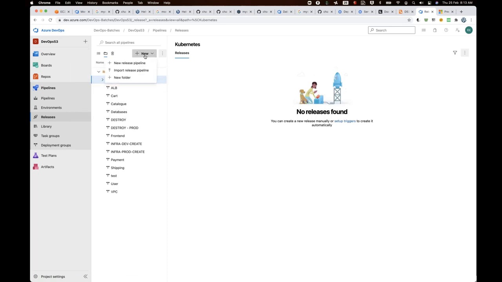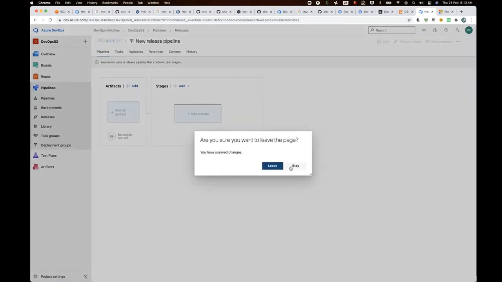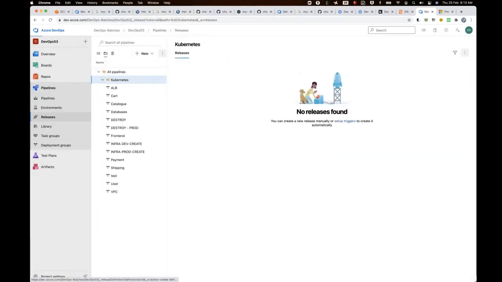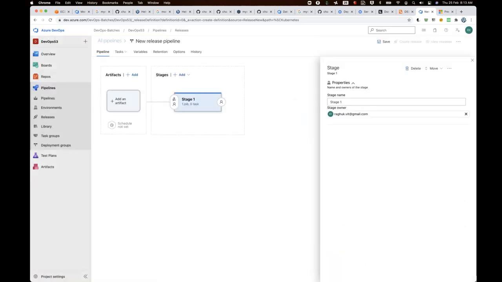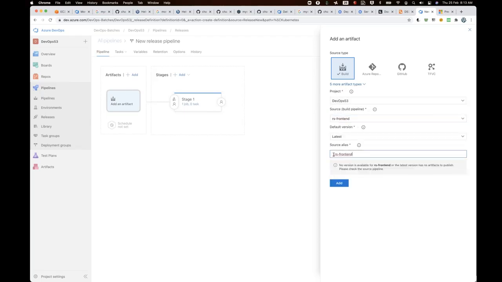And so the next one is a new release pipeline. Not in all pipelines. Yeah, so empty job. And first you need to add an artifact. The artifact is actually coming from the build of RS frontend. So it pulls all the information, and you say the app is this one,